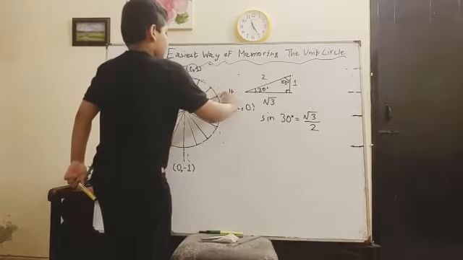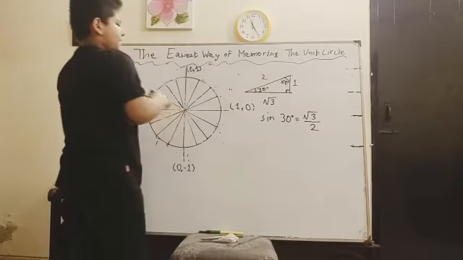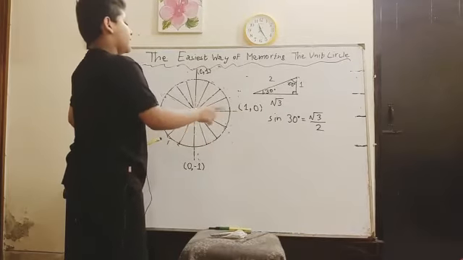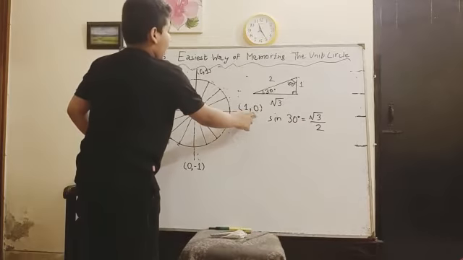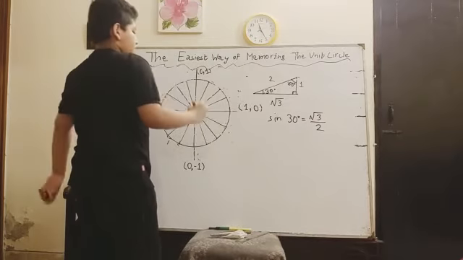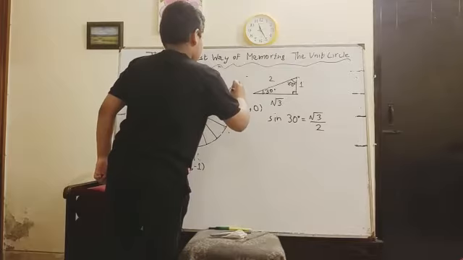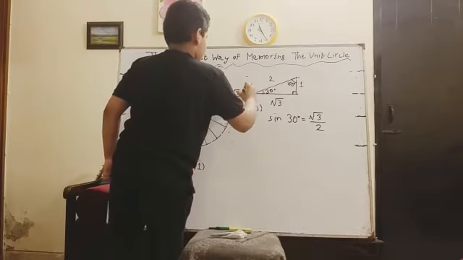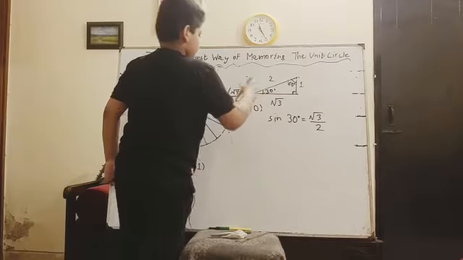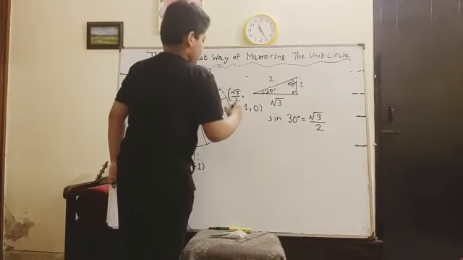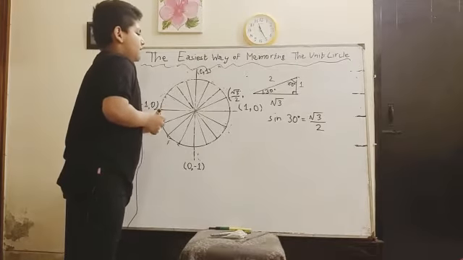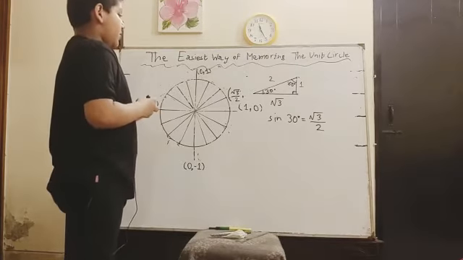So remember, the sine, the x coordinate, and the cosine of theta would be the y coordinate. So here are the first of these things that we'll use. Now for the cosine, as we've mentioned,